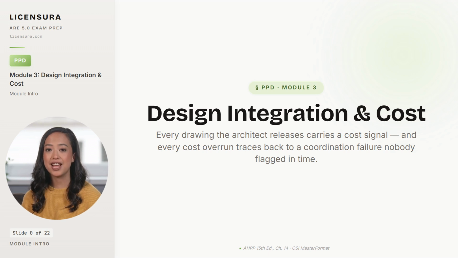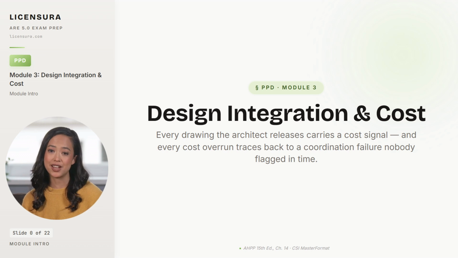Ask any architect how the project budget got blown, and you will hear a story about scope creep or a surprise from the contractor. Ask the cost estimator, and you will hear a different story. Decisions made in design development without checking the price tag, clashes between trades that nobody coordinated, specifications written before the constructability conversation even happened. Design integration and cost control sit at the same intersection, and the exam treats them as